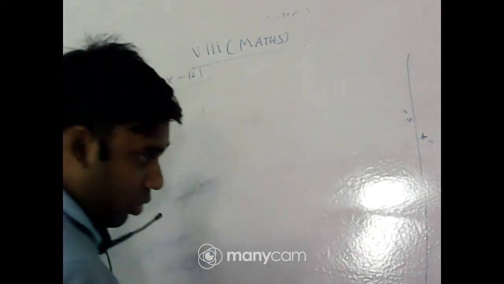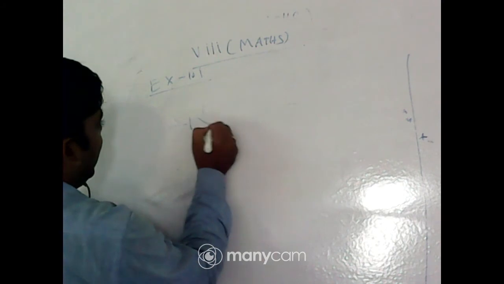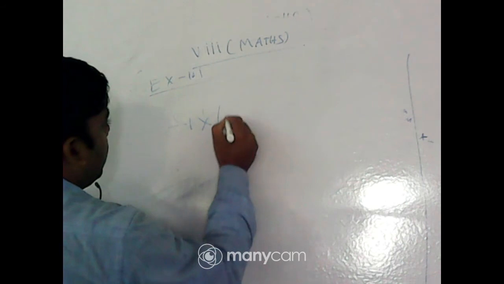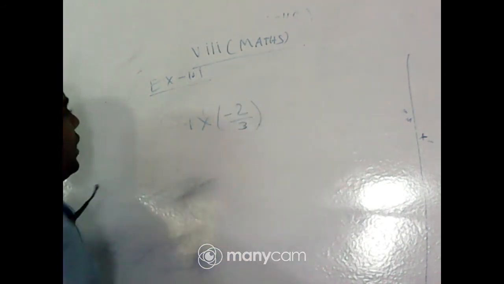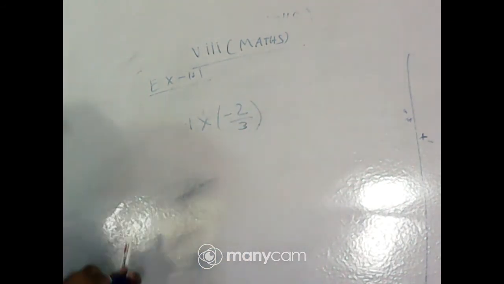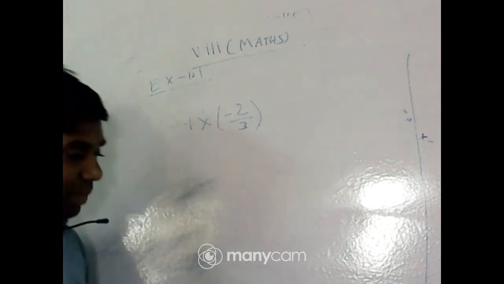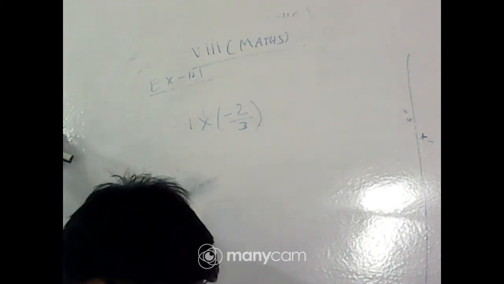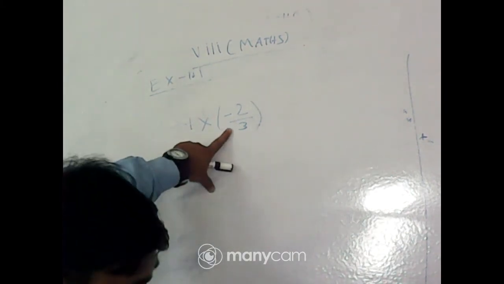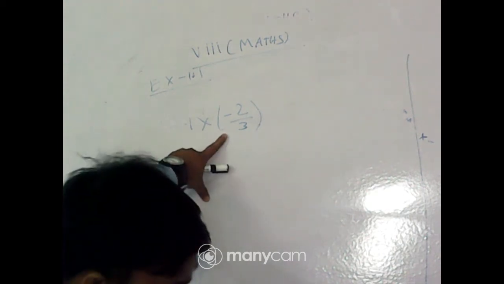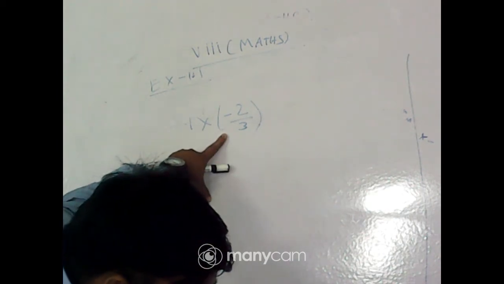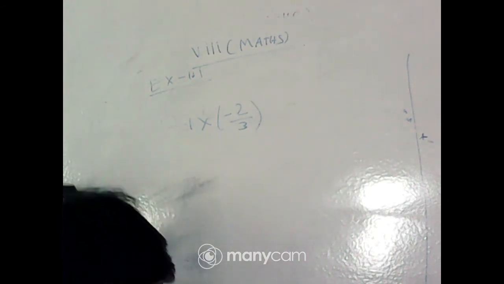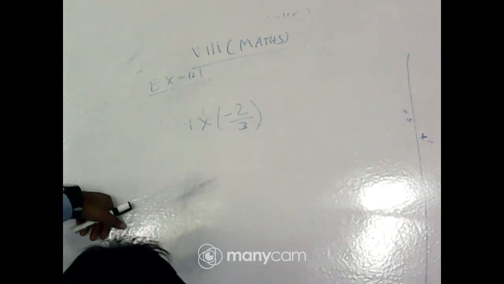Minus 1 into minus 2 by 3. Not from the book. Minus 1 into minus 2 by 3. What is the multiplicative inverse of that number? Oh my god, 5 by 2? How can it be possible? 2 by 3 is given. Minus 1 into minus 2 by 3. What is the multiplicative inverse? Quickly answer it. Tawfiq Hossain, very good beta. Sonchari, also very good. Deep, very good.